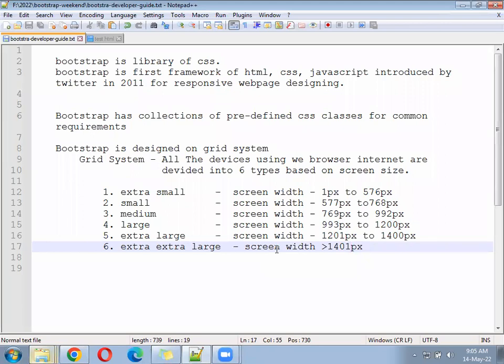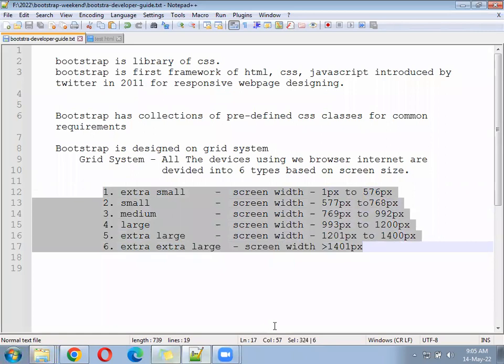Okay, hope you have written. I will share this much in the chat as well. This much came to your chat. Next after this,